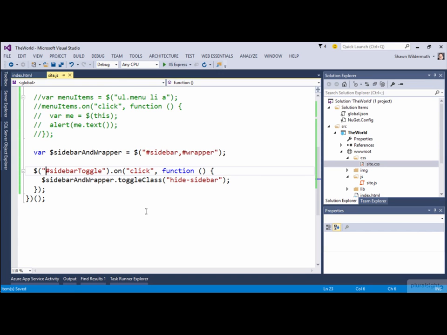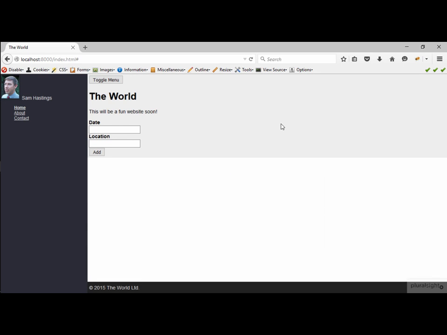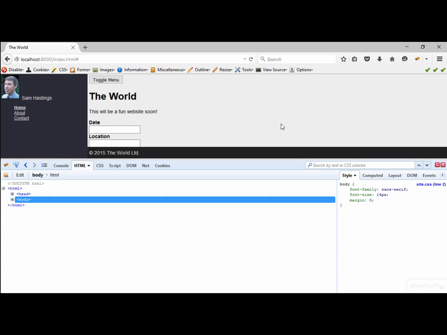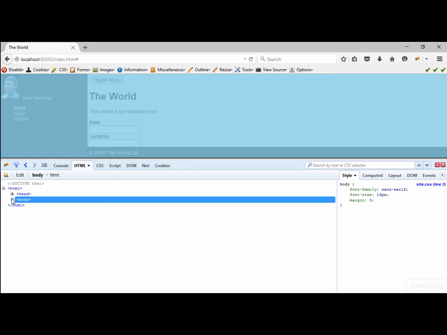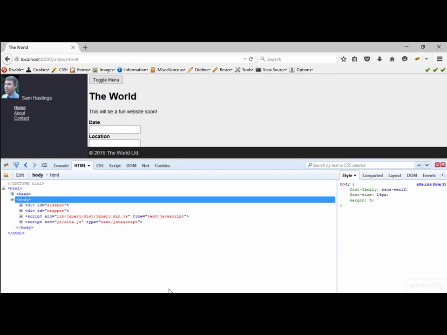Let's look at this in the browser real quick. So if we refresh the page, and let's use the F12 tools, different browsers will show this in a little different way, but I'm showing you Firebug in Firefox to do this, though Chrome tools are going to be similar. I'm just going to show the sidebar and wrapper elements in the div in the live version of that document. So if we come over here and click that toggle menu button, we'll actually see the class being added. And if we click it again, it will clear the class. Add, clear, add, clear. And this gives us the opportunity with CSS to say, oh, when hide-sidebar is here,